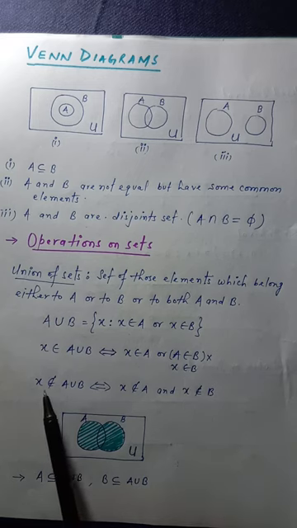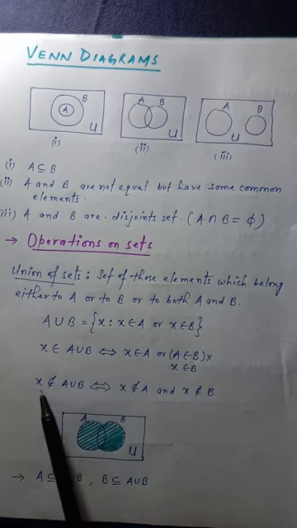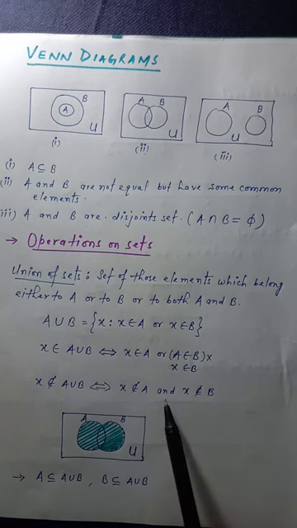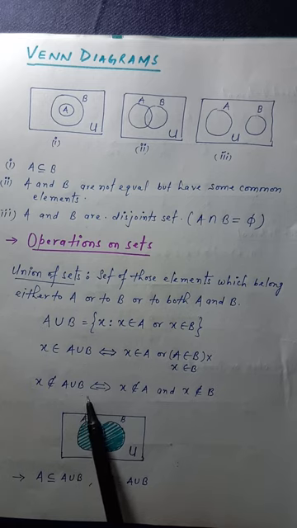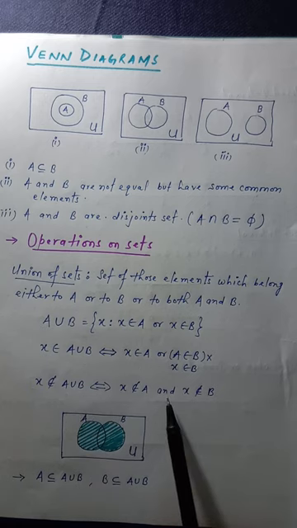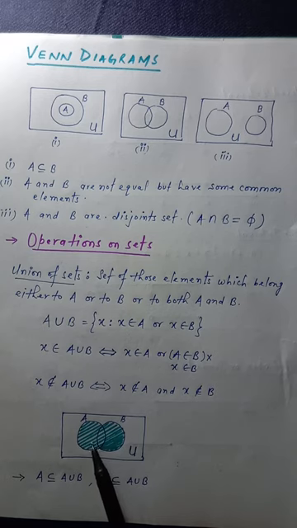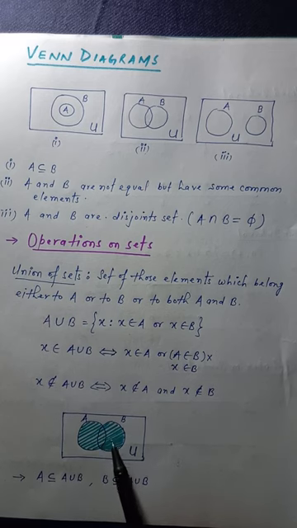So when X does not belong to A union B, we can say that X does not belong to A and X does not belong to B, because we are sure here that X is not present in both A and B. So that's why I have written and. Now this is the representation of union of two sets. Union means this is the green part. So this green part is actually the union, means this X may be here, here or here.